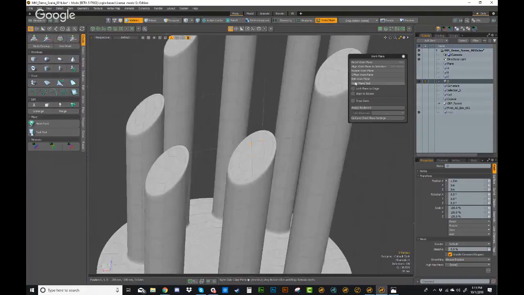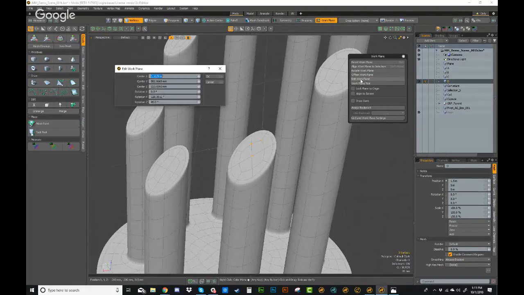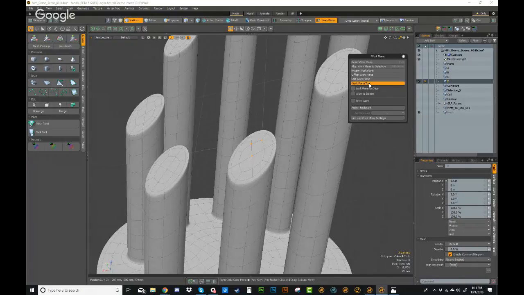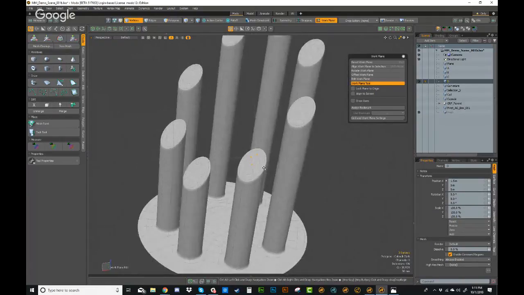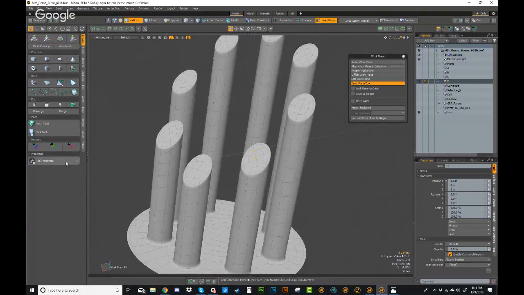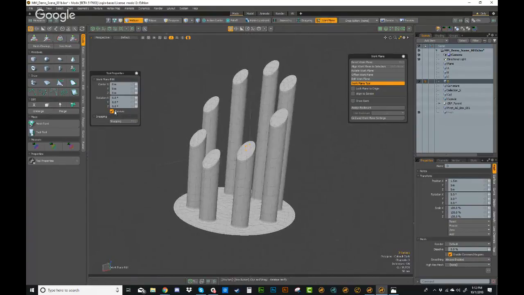So with this selected, I can come over to the Edit Workplane. We already went over that. The Workplane tool, and this is an interesting one because when you click it, it doesn't look like anything has happened. But if I click the tool properties or press K for the tool properties shortcut and pin that, we have this little preview icon. If I uncheck that,